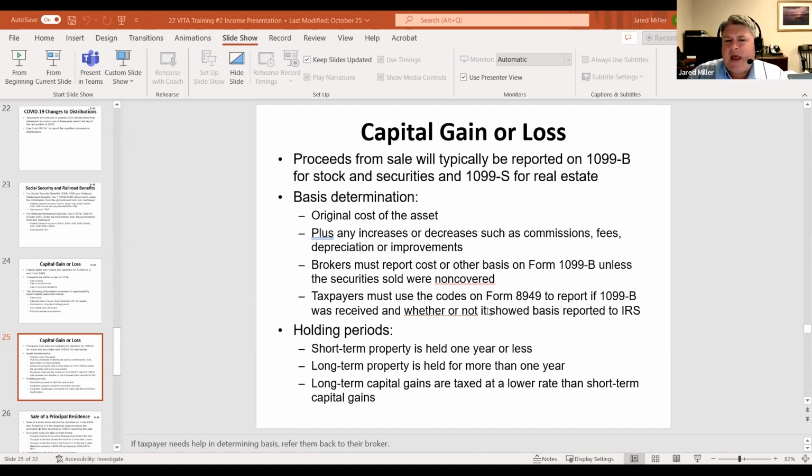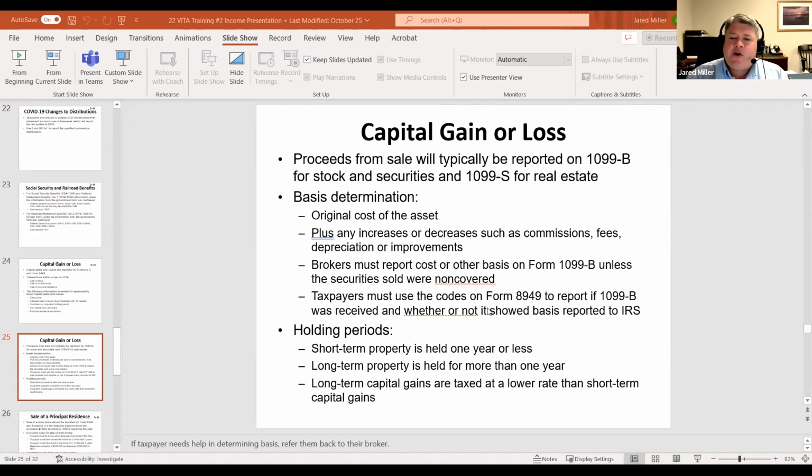So if we get a transaction that says basis unknown, the first step we have to do, and what I usually recommend, is take a look at that packet we get from the broker. Sometimes in the back, they'll actually have the basis reported there. So even though it might not be on the front page or the front couple pages because they're not required to report it, they may still have that basis information. That's our first step.